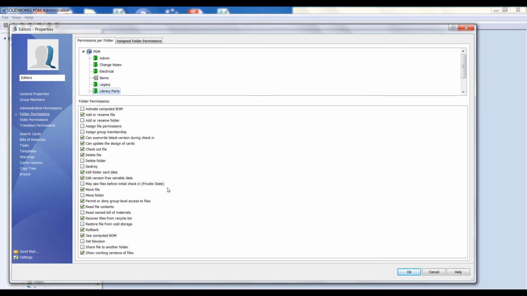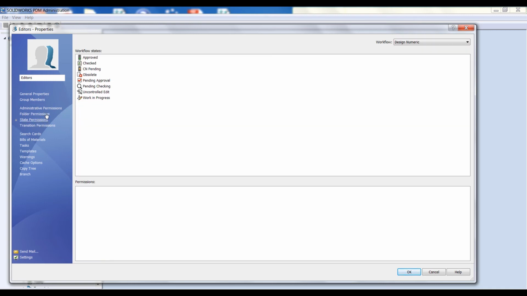That is quite often what trips people up, not having the correct combination of folder permissions and state permissions. So if you want people to be able to add a new file into the vault, first check that they've got the correct add permissions for that folder, but also for the initial state of whatever workflow they're trying to check the file into as well.